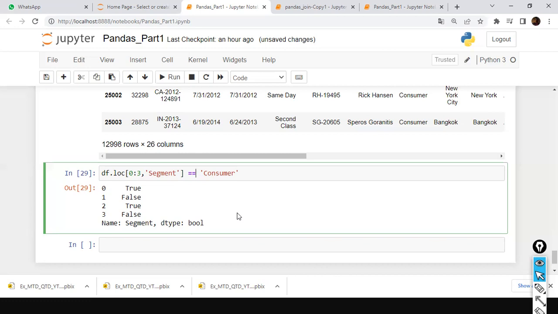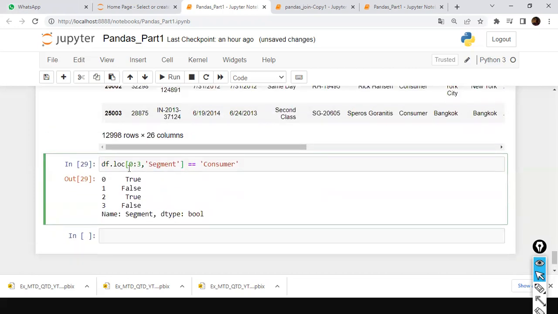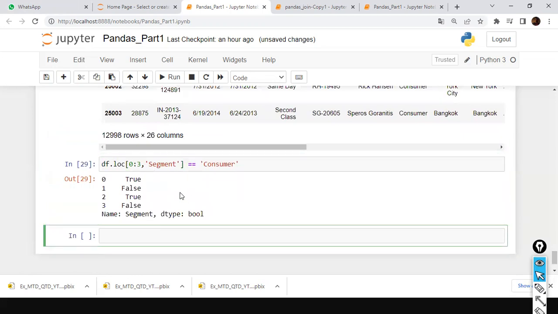If I want to use more than one condition in my logic, that is also possible. We have various options available. We will go one after another. This is how you can do filtering for specific rows. But here it is a little bit tricky. I will come back to that a little later. Okay, about this. The next one is,